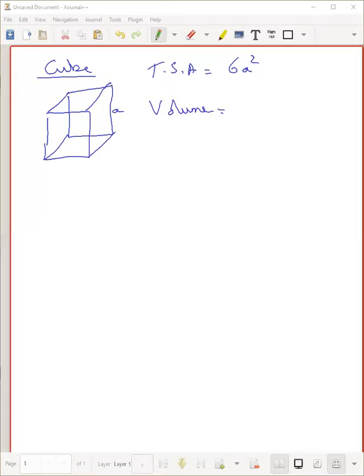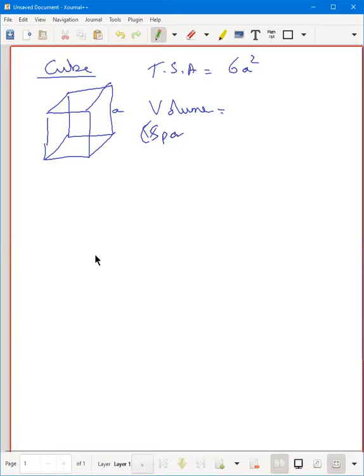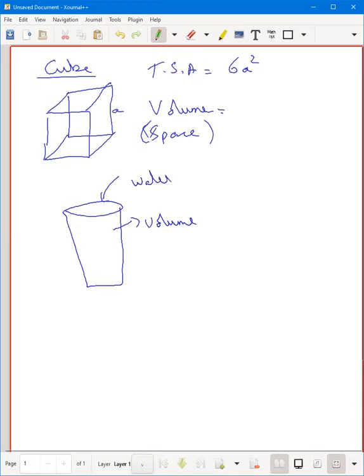So then what is the difference between area and volume? Volume is nothing but the amount of space the shape occupies. Instead of saying area, it is saying the measure of the space. How much space does this figure take? For example, if we are holding a glass, what will be the volume of the glass? If I fill it with water, how much water will the glass hold? That is its volume, isn't it?